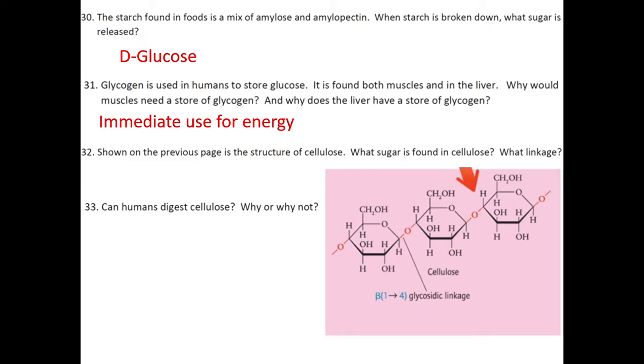So why does the liver have a store of glycogen? Well, this is about the function of liver. Well, our liver is a very busy organ. It has a lot of functions. So this is probably the second function that we have learned about liver, right? So the first one is about lipids, right? All right, so the function of liver is to store glycogen because we want to maintain the concentration